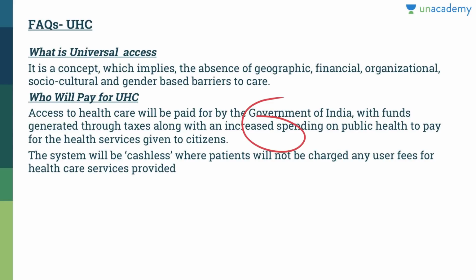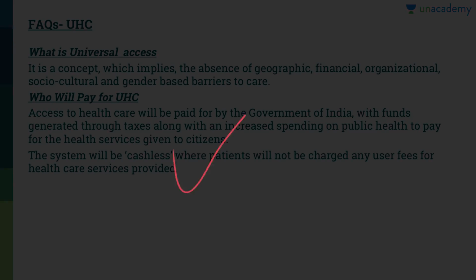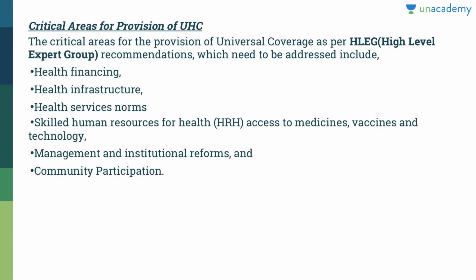So then the system will be cashless, where the patient will not be charged any user fees whatsoever for the various healthcare services that have been provided to him. So that is important. Now there are a lot of critical areas for the provision of universal health care. Okay, so the critical areas for the provision of universal health